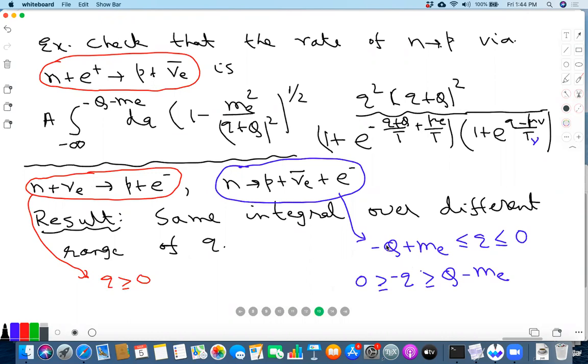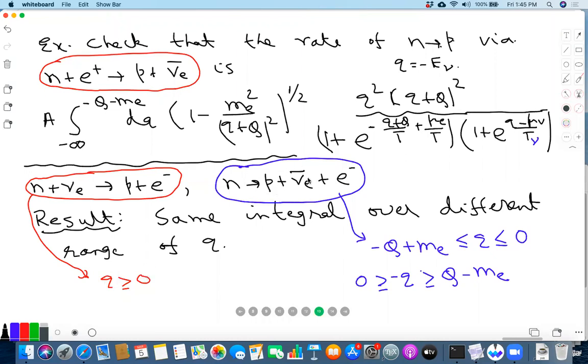Okay, yes, sir. So you should think of this Q as follows. The definition of Q was that Q was minus E nu. Here you have taken Q to be minus E nu, and this is reflecting the fact that nu is in the final state. Here nu is in the initial state, so Q is positive. And the neutrino can carry any energy that it likes, because it can go all the way from 0 to infinity, and that's why this range, Q from 0 to infinity.